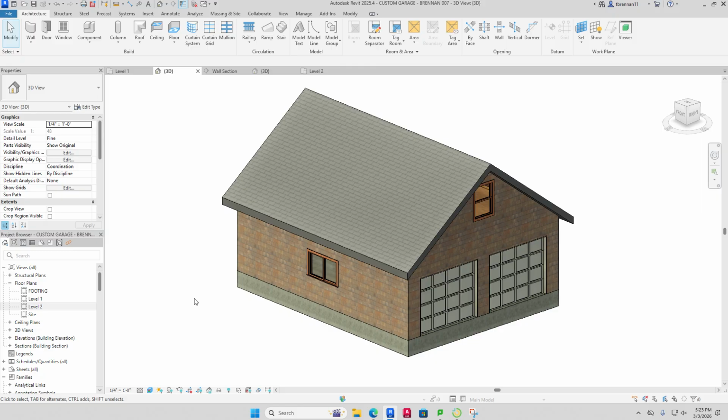Let's talk about this. This right here, the title over on the far right, says it's a wall section. Now, a wall section, anytime you're working with this is one of the things,